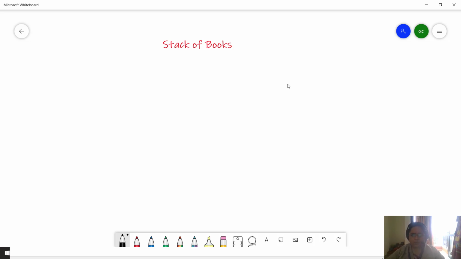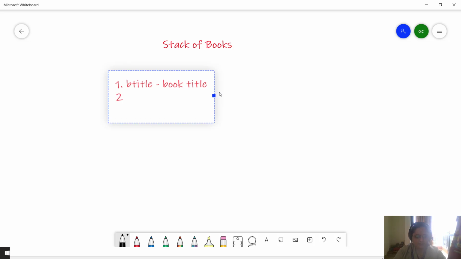Now we will see what we need for creating a stack of books. Firstly, each book will contain the following: book title, which I have notified using B title. Book title is the name of the book, so we don't need to include anything else. So I can take this as number 2.